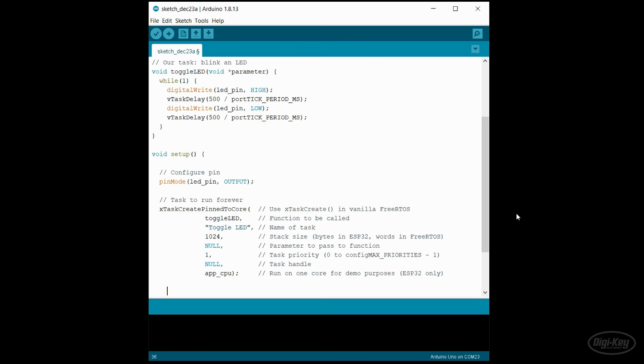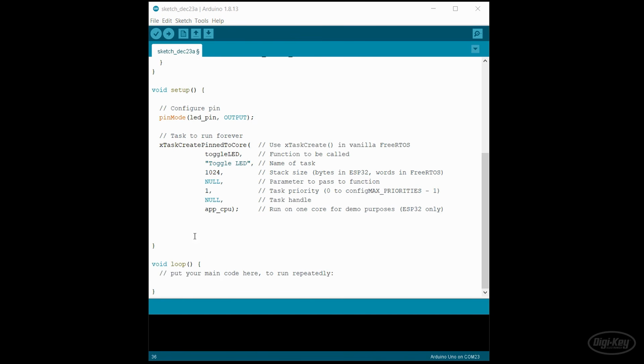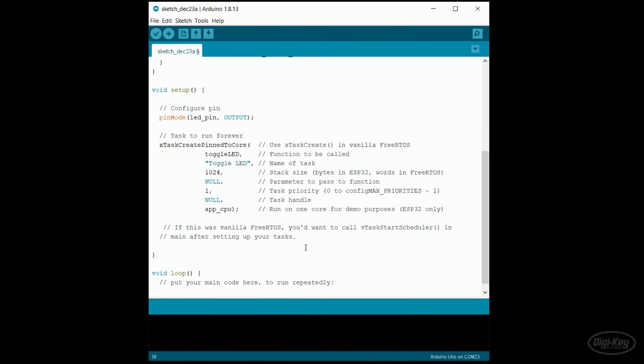In the Arduino framework for ESP32, the setup and loop functions exist inside their own task, separate from the main program entry point. Because of this, a new task is spawned as soon as we call xTaskCreate or xTaskCreatePinnedToCore. In other systems, you would need to call the vTaskStartScheduler function to tell the scheduler to start running. Only then would new tasks begin executing. However, that function has already been called for us prior to the setup function, so we don't need to worry about it. We will leave the loop function empty.